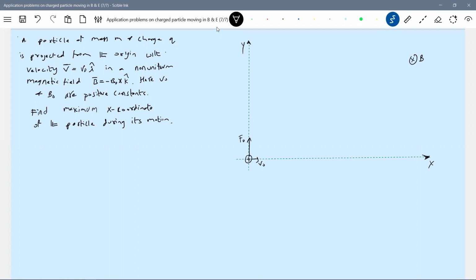For x greater than 0, the particle will start moving, so it will experience a magnetic field. At x equals 0, the field should be 0, so no force. But for x greater than 0, in the limit, a non-zero value, a very small infinitesimal change in x will result in a magnetic force, and because of that